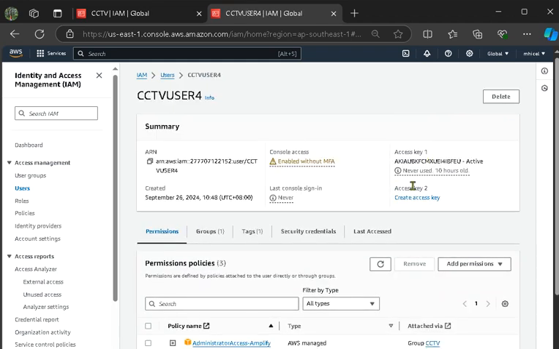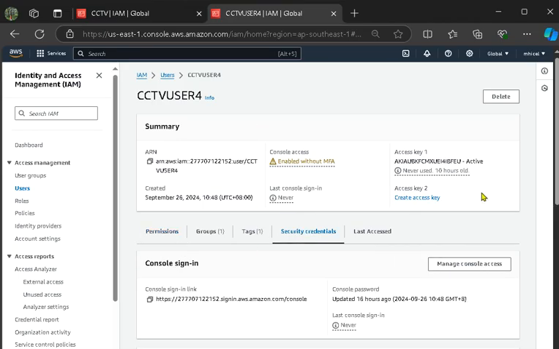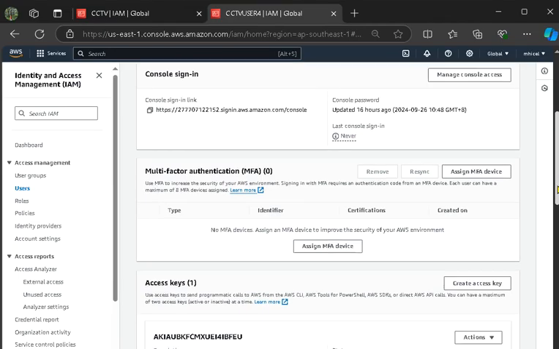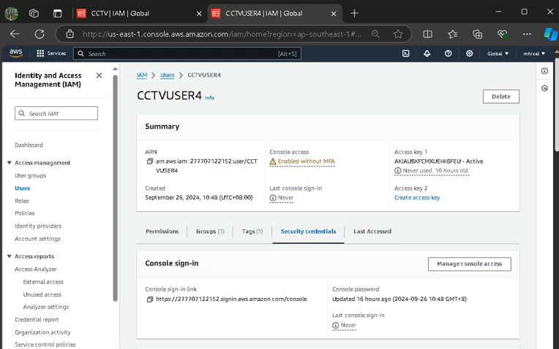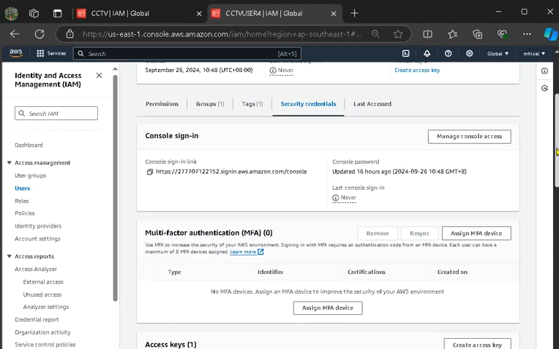As you can see here, they are all active. I already created the access key, and in the security credentials here, as you can see, the access key is active to CLI.